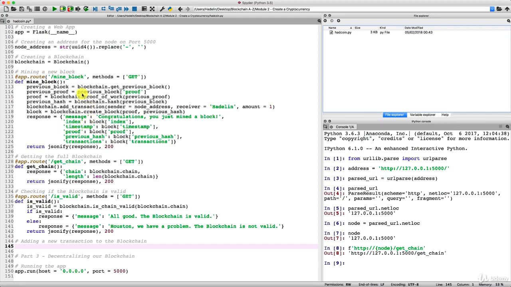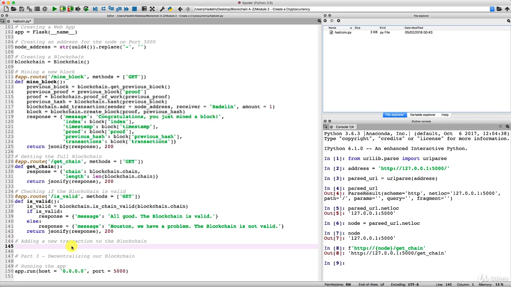For example, when we mine a block, well, we get the response containing the new block that was mined, but to get that new block, we didn't need to post or create anything. And the difference with a post request is that we need to create something in order to get the response. And that's why it is called post, because basically we're posting something inside the HTTP client. And speaking of posting something, that's exactly what we'll do in this new request that we'll implement to add a new transaction to the blockchain.